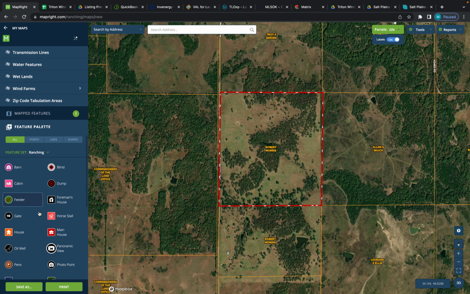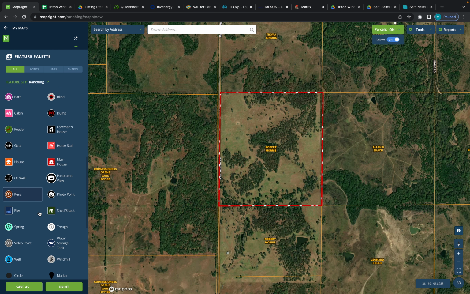Let's go down to the Mapright features. And these are just little things that you can add to dress up your map a little bit better. It just, like I said, makes you come off a little bit more professional, especially when you're copying these URLs and putting them in your Lands of America listing and people are interacting with these maps. It'll show you anything and everything there is about the property versus them trying to figure it out from pictures